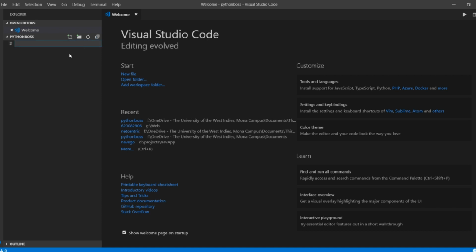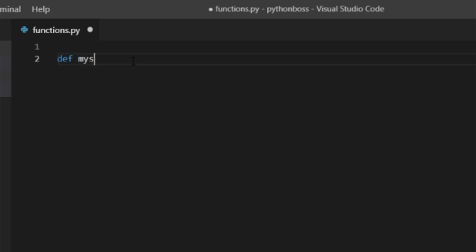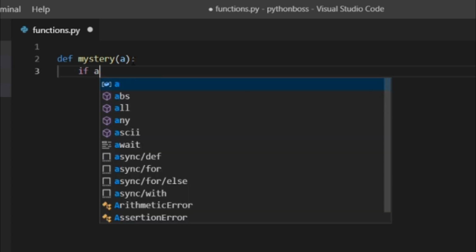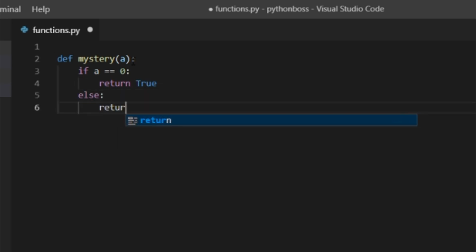Now I'm gonna create a new file and we'll call this functions.py. Now I'm gonna have two functions. Mystery, which takes some parameter, and then checks if that parameter is equal to 0. If it is, then it returns true. Else what we're gonna do is return a call to some other function called magic and pass one less than the